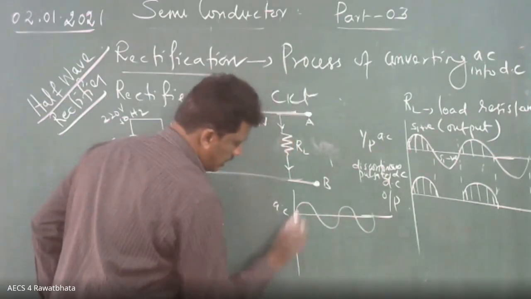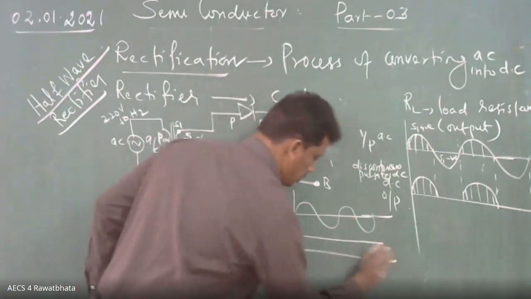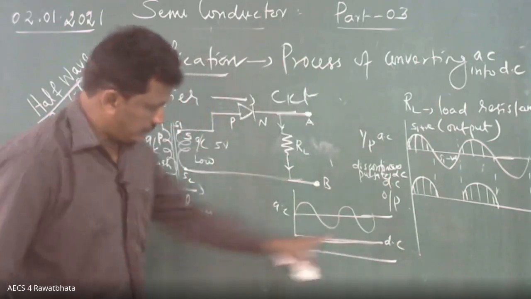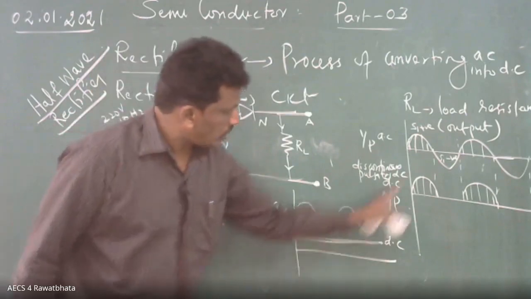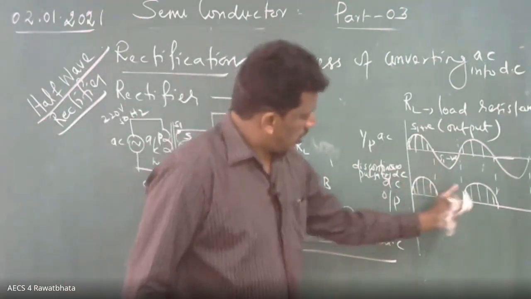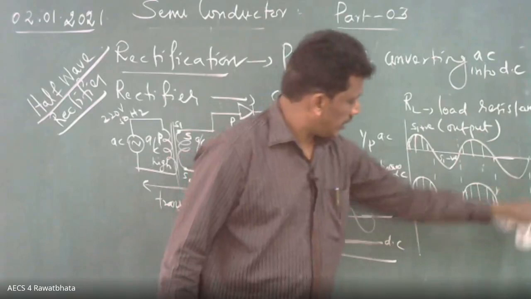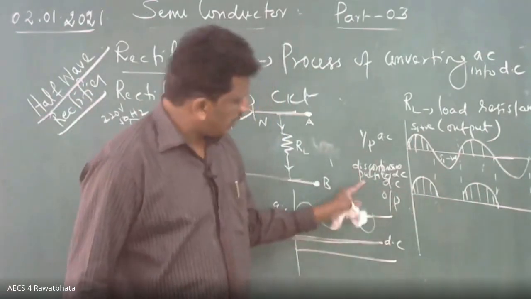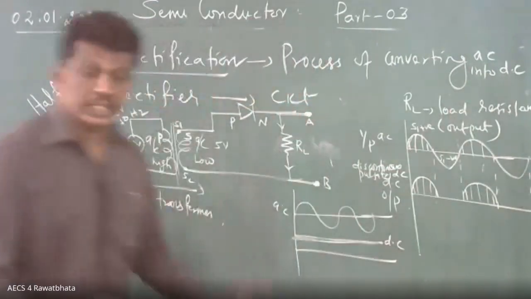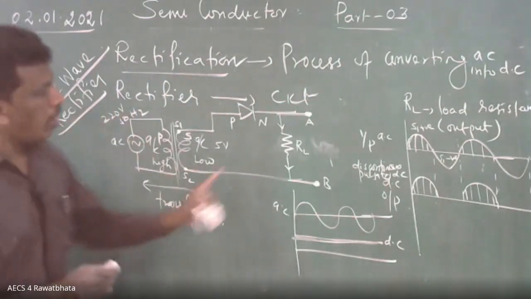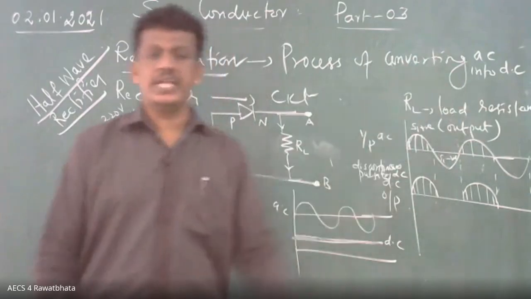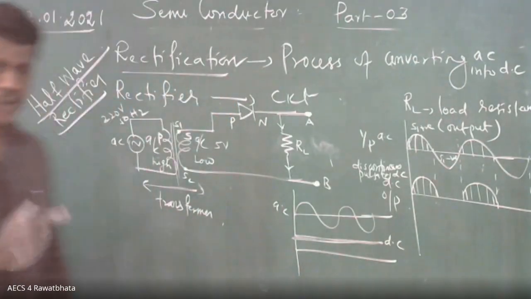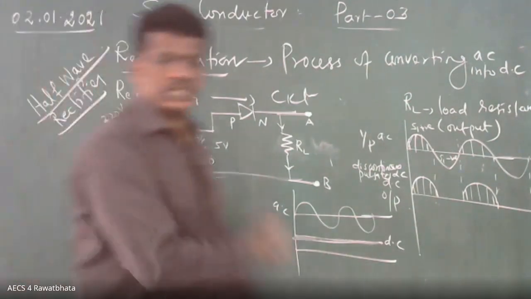Okay, this is AC. Okay, this is DC. I am talking about this DC. This is perfect DC. But instead of straight, what is coming? Curve, pulse, pulsating. That pulsating is also not continuous. That's why it is a discontinuous pulsating DC output. This is for the half wave rectifier. Only half of the AC is converted into DC. That's all. I may take 5 minutes. If you have doubts, ask me, because I'm going to explain with the same setup.